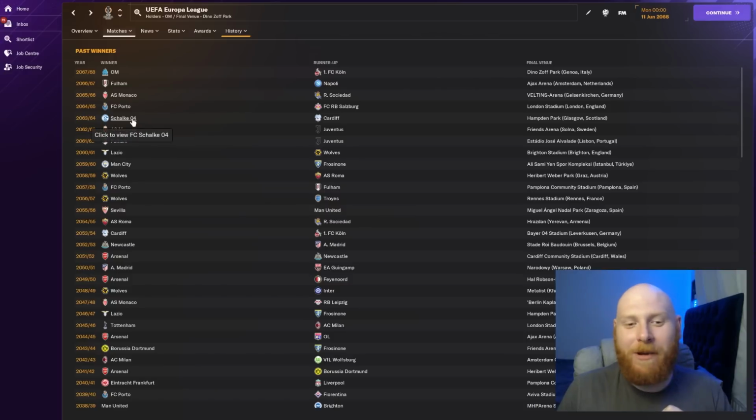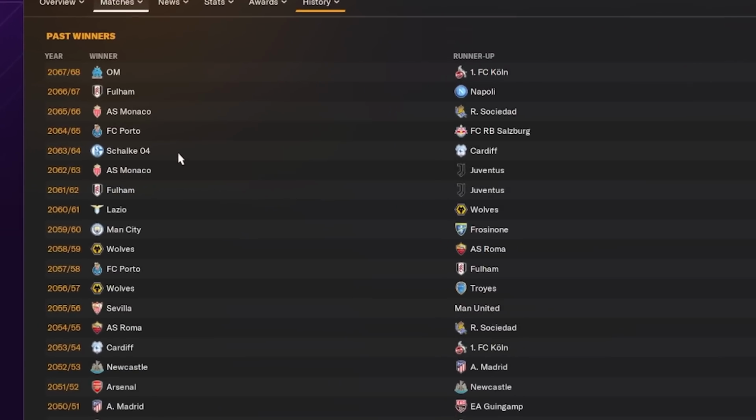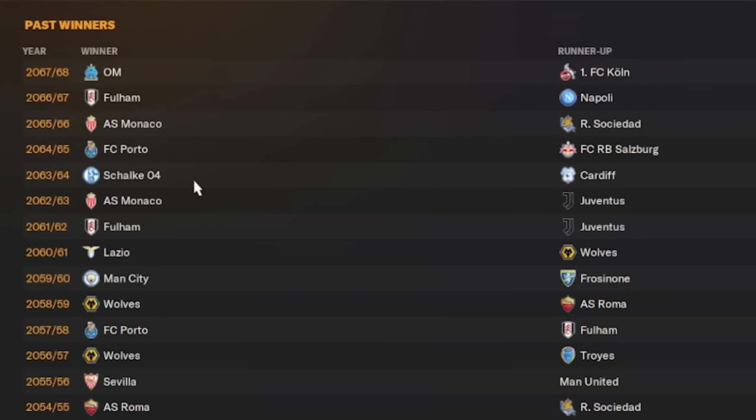Well, in terms of the Europa League, Cardiff did get to the Europa League final where they lost to Schalke, unfortunately. So that's very disappointing. But at least Cardiff got to the Europa League final. Quite crazy to say. Fulham as well won that in 2067 for the second time, I believe, beating Napoli in